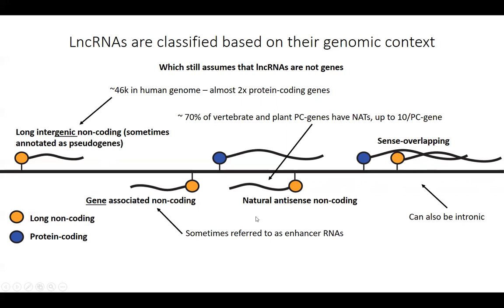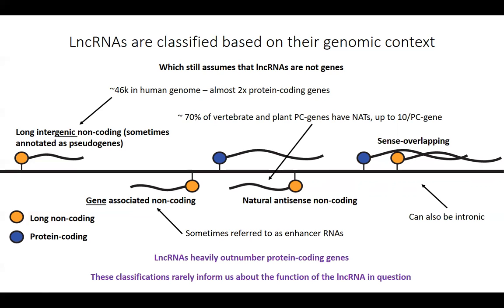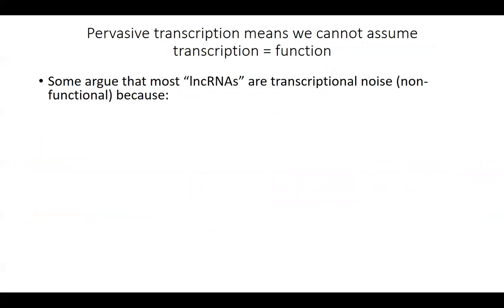So we can categorize these in a lot of different ways. A lot of the things that we thought previously were junk are not really junk. And the lncRNAs actually heavily outnumber protein coding genes, and there are so many of these, and there's no coding information. Sometimes it's really hard to get a lot of information about what these could be doing in the genome. So again, these are sometimes difficult to distinguish between junk transcription or transcriptional noise that has no biological function,